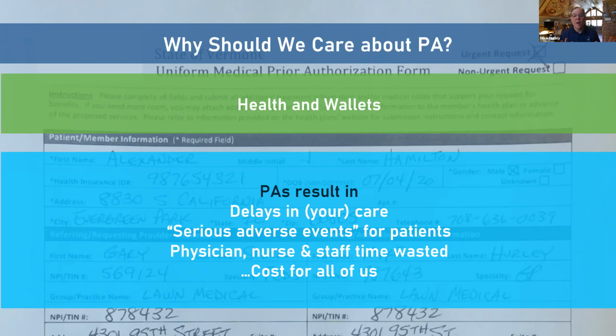In my case, it's kind of radical, and all things are crazy in the pandemic, but serious delays in care can happen. Serious adverse events are even worse. You need a drug, you need a procedure urgently. These prior auths can stand in the way of a doctor giving care to patients. It's a really big deal for us. If you really need something, and like me, you're a part of an HMO, you have to go through your primary care physician or PCP. It can be really painful.